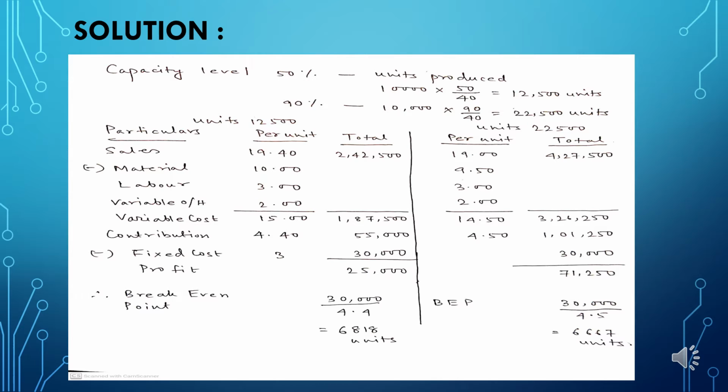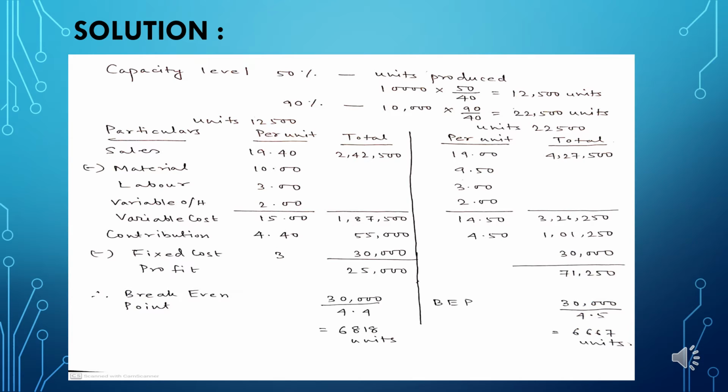It has also been mentioned in the sum that if the factory is moving to 50% capacity of production, the selling price falls by 3%. So here we can see the initial selling price was 20. If we are moving on to 50% capacity, it is falling by 3%. So 20 minus 20 into 3% should give us the per unit selling price of 19.40. If we multiply that 19.40 with the total number of units, we get the total sales figure to be